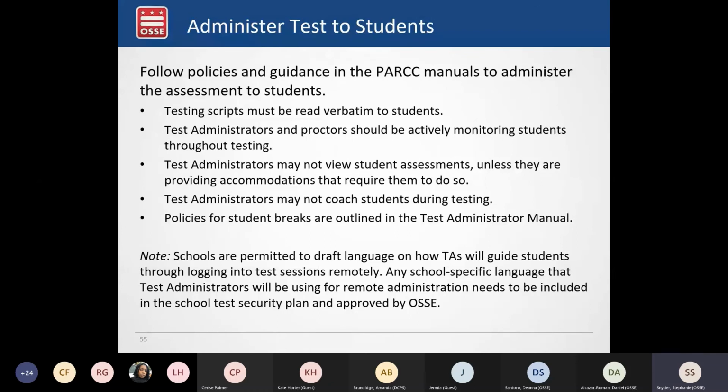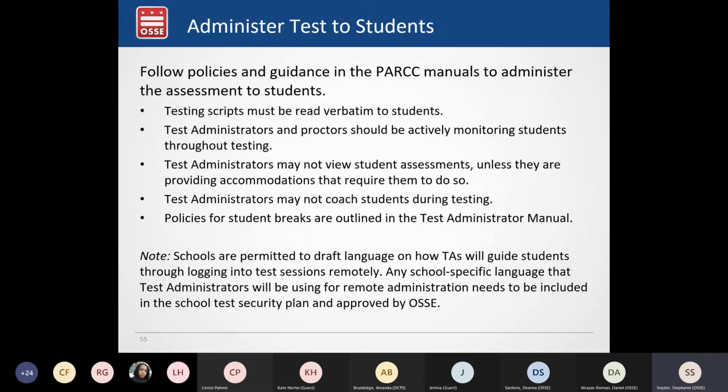So the test coordinator and test administrator manuals provide very detailed step-by-step instructions that apply mainly to in-person instruction, and then the remote test supplements provide additional guidance and considerations for some of those procedures that may not work in a remote setting and need to be adjusted.